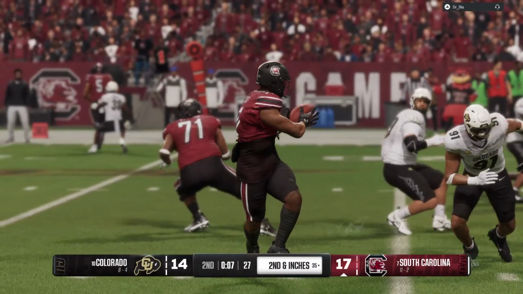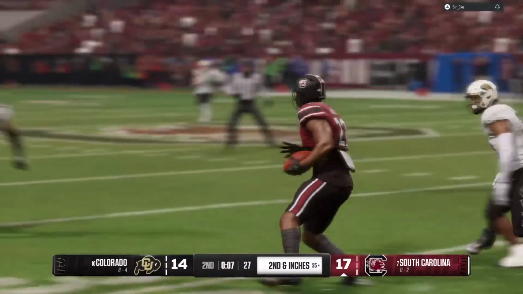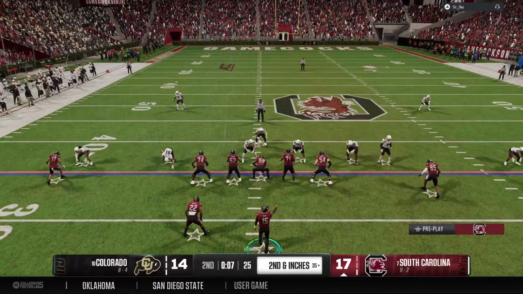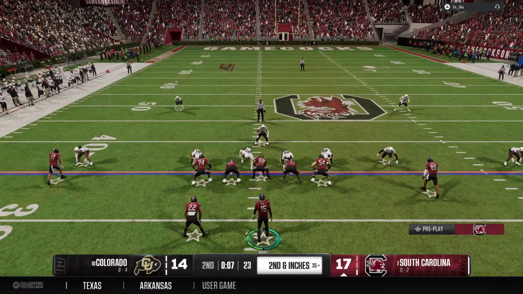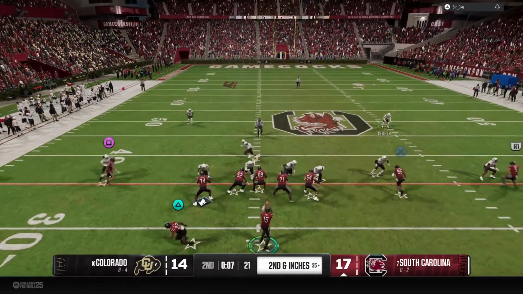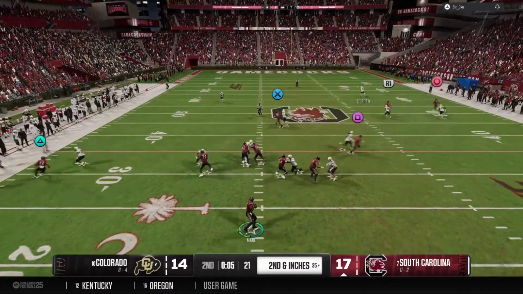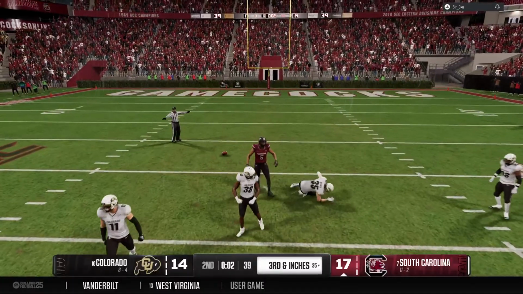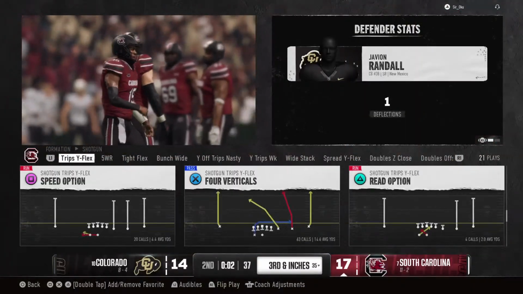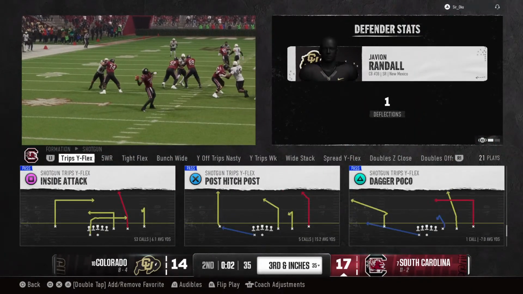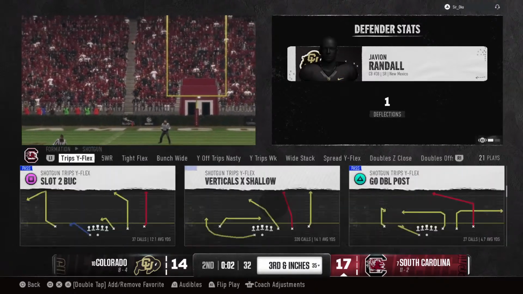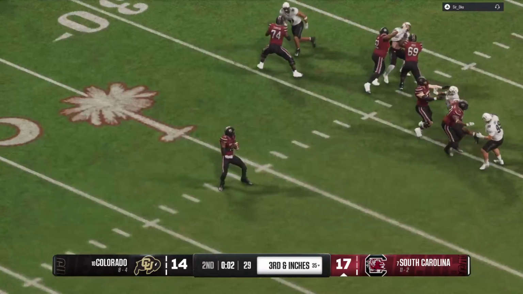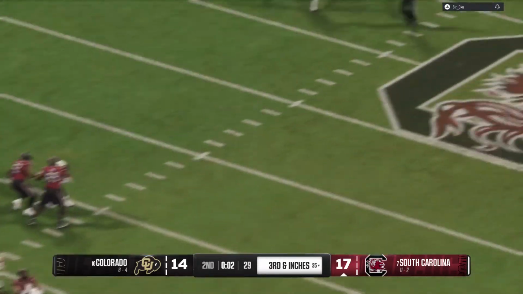So a timeout is called. Just a few seconds left here in the first half. Offense getting set. It's second down. There's the snap. Quarterback setting up to throw. Going for a big play downfield. And it's incomplete with just 2 seconds remaining. Boy, that was beautiful. Man, this defensive back, he's putting on a clinic today on how to defend against the deep ball and man coverage without committing a penalty. I'm sure the secondary coach is very proud of that execution.